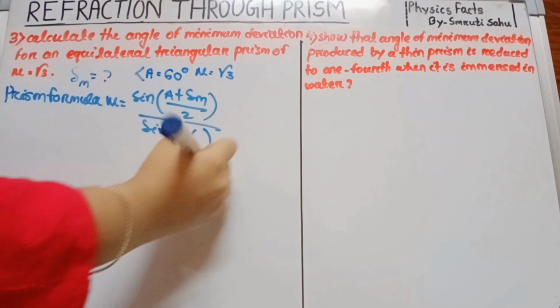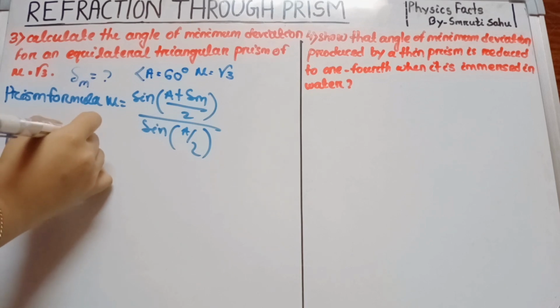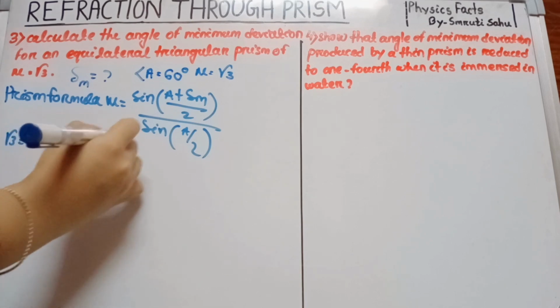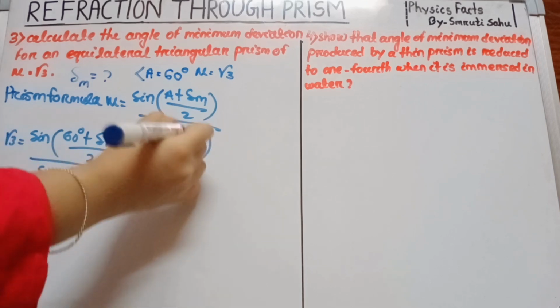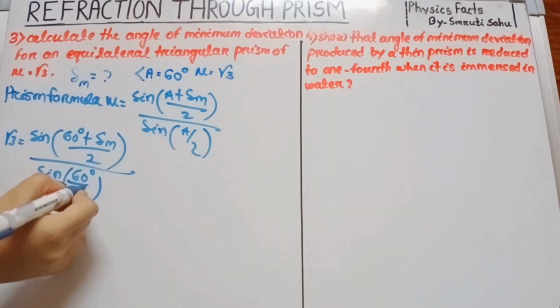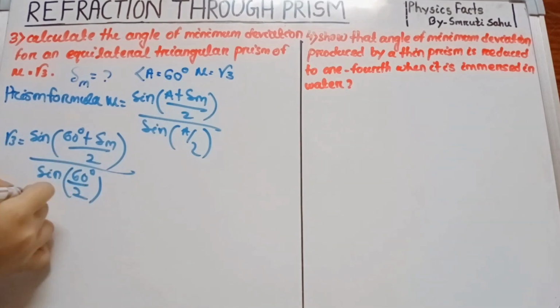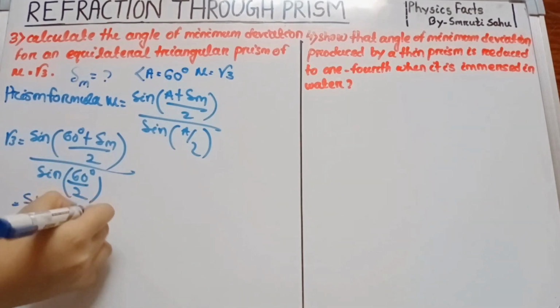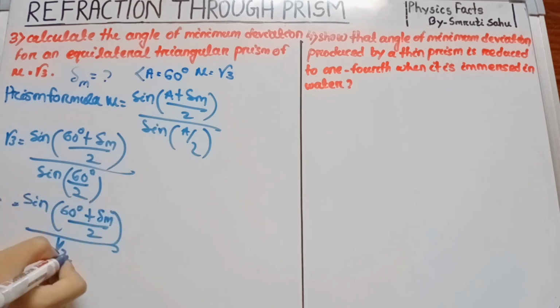Yes, students, we just discussed it. Then mu equals root 3 equals sin of (60 degrees plus delta m) by 2 divided by sin 60 degrees by 2. In the case of A, we put the value. Then this one equals sin 60 degrees by 2, that is sin 30, which equals half. So sin of (60 degrees plus delta m) by 2 divided by half equals root 3. Half goes to this side. Then root 3 into half equals sin